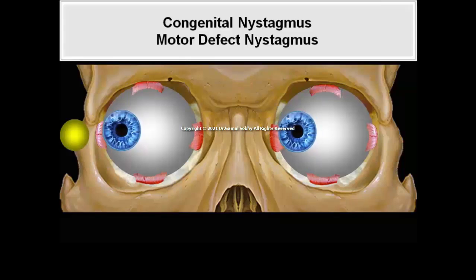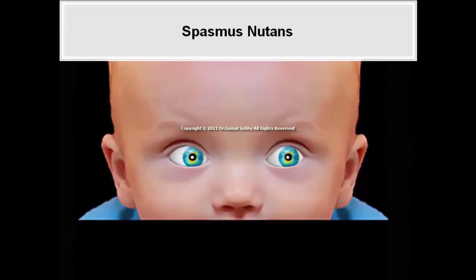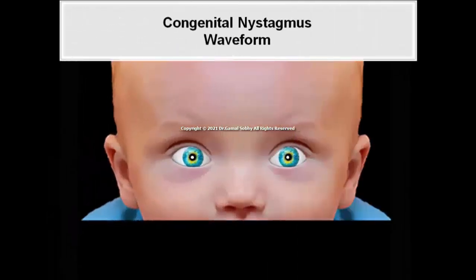ocular motor control. Spasmus nutans is a small amplitude, high frequency, horizontal nystagmus in one or both eyes that is accompanied by head nodding. Spasmus nutans may be associated with optic nerve and chiasm gliomas, empty-sella syndrome, or a porencephalic cyst. Congenital nystagmus is characterized by a slow drift of the visual target off the fovea, followed by a rapid